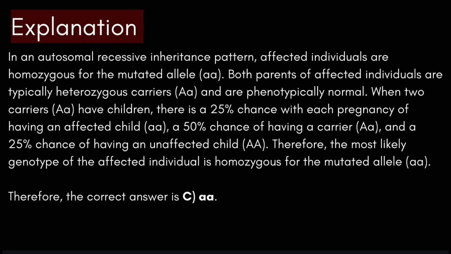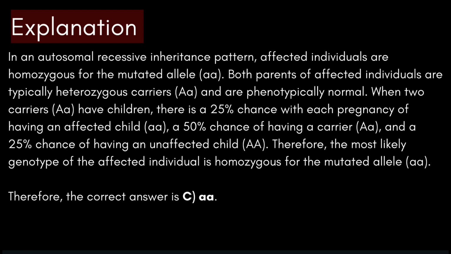In an autosomal recessive inheritance pattern, affected individuals are homozygous for the mutated allele, little a, little a. Both parents of affected individuals are typically heterozygous carriers, big A, little a, and are phenotypically normal. When two carriers, big A, little a, have children, there is a 25% chance with each pregnancy of having an affected child,